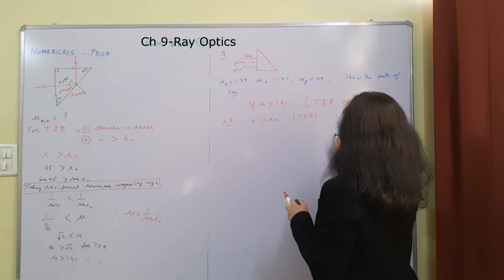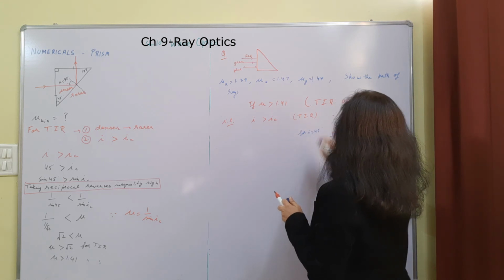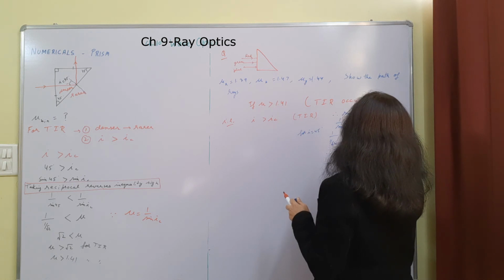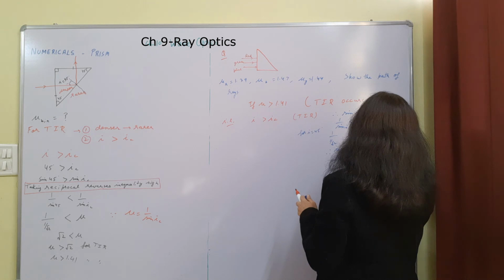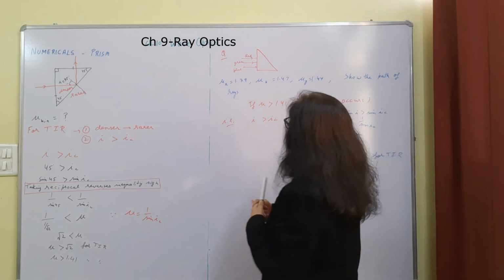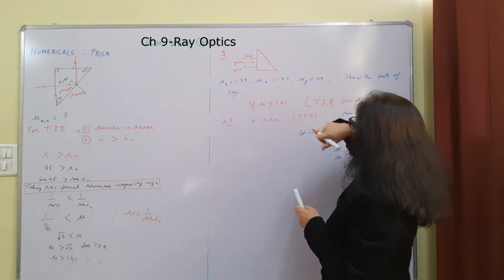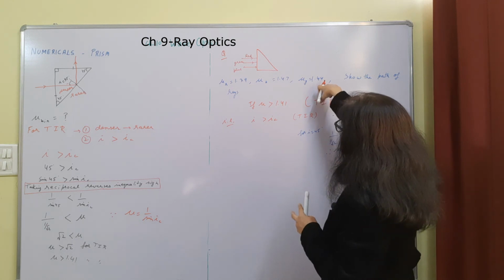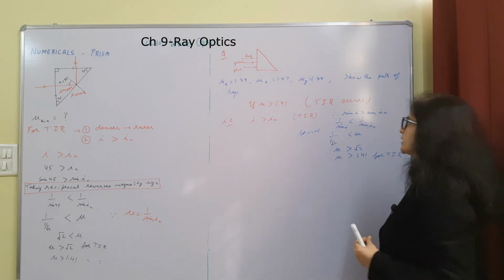That means this mu must be greater than root 2, that is mu must be greater than 1.41 for TIR. So if we look at these, in which case is mu greater than 1.414? In these two cases the refractive index is greater than 1.41. So blue